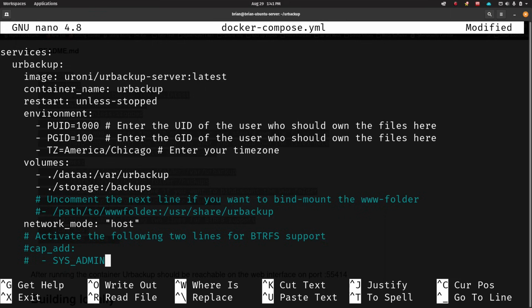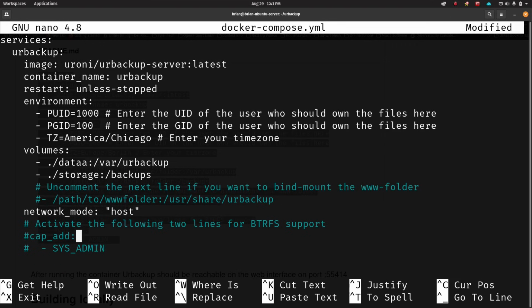And then if you want to have ButterFS support for this, you need to activate these two lines here, which say the capability you want to add and then sysadmin. So we can go ahead and do that. We can just uncomment this. Make sure you've got the spacing correct here. There we go. This is YAML, so spacing does matter. So I'm just going to do a Control-O to save that, and we're going to exit real quick